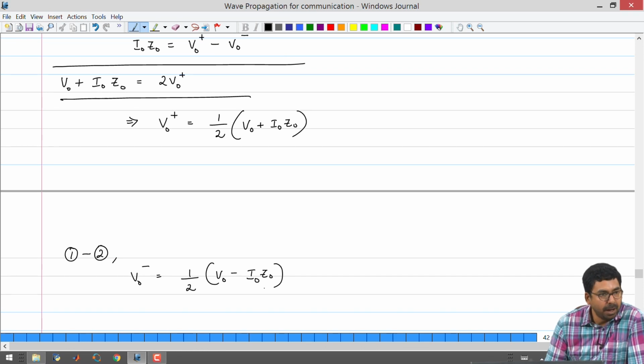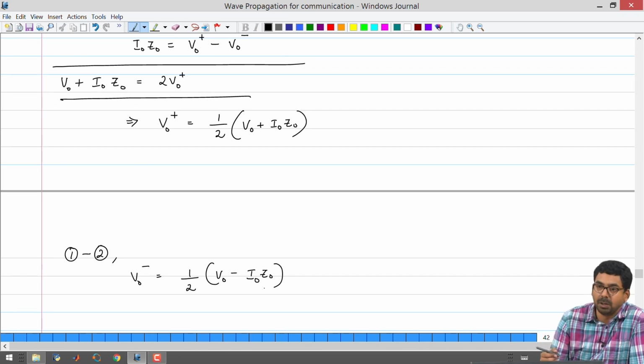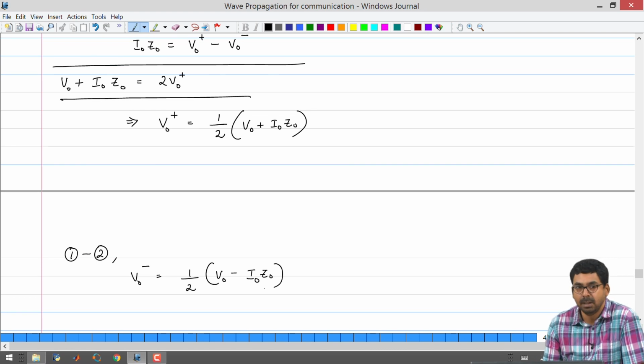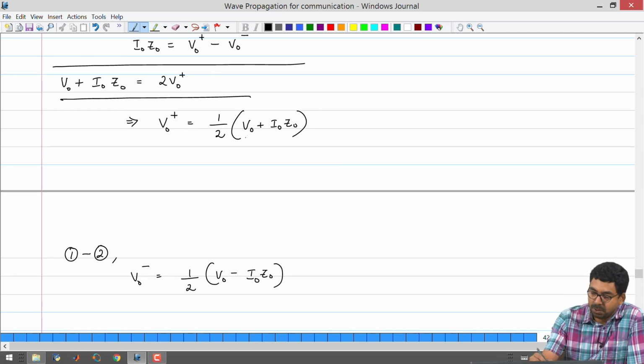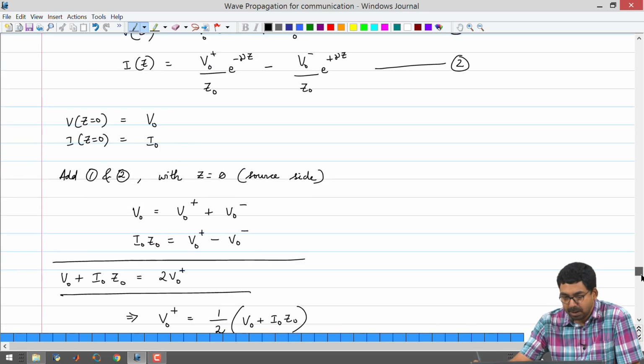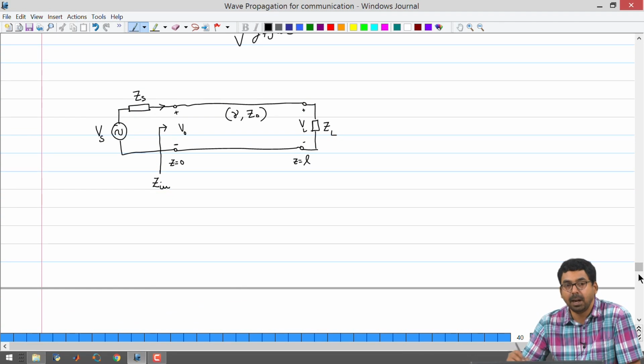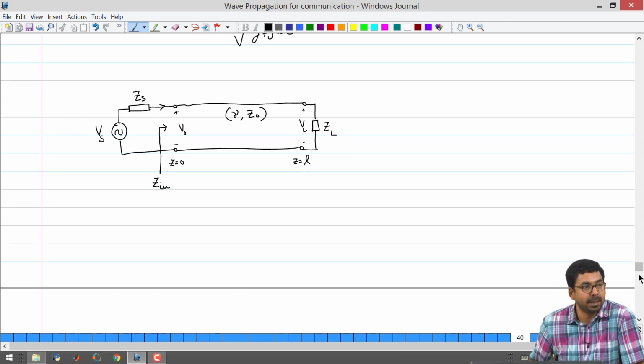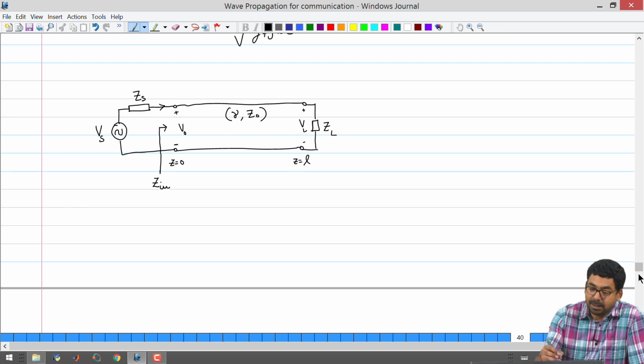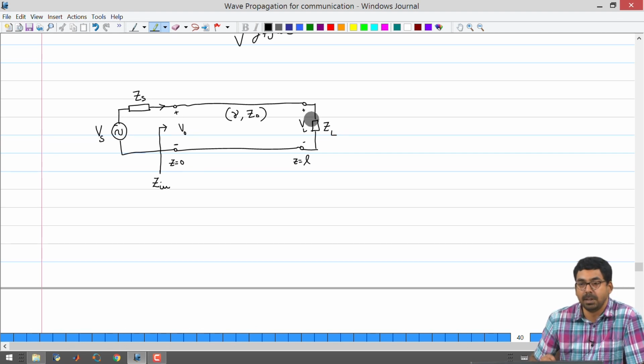On the source side, this is how one will write down what is the forward and what is the backward. There can always be some questions as to what is exactly V naught. So, if you look at the circuit diagram, one has to be a little careful. The way we had done bounce diagrams for the DC case, just to understand the time based evolution of voltage, we started with an example where we did not have this series resistance. So, whatever voltage was applied was appearing as V naught, and then you were calculating the bounce diagram.